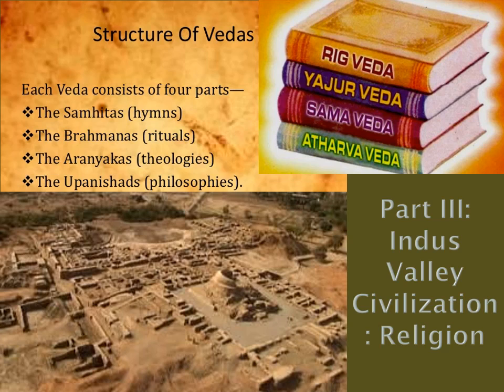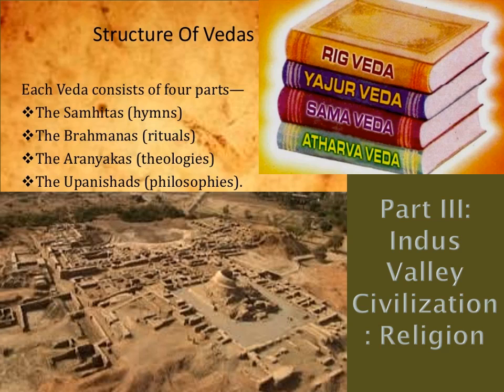So for instance, if we take a look at the Samhitas, under each of the four Vedas we'll have the Samhitas. So we have the Rig Veda Samhitas. The Rig Veda Samhitas represent the oldest, composed around 1500 to 1200 BCE, hymns and mantras. Then there are also Samhitas of the other three Vedas: the Sama Samhitas, the Yajur Samhitas, and the Atharva Samhita. So these are the earliest parts of the Veda.